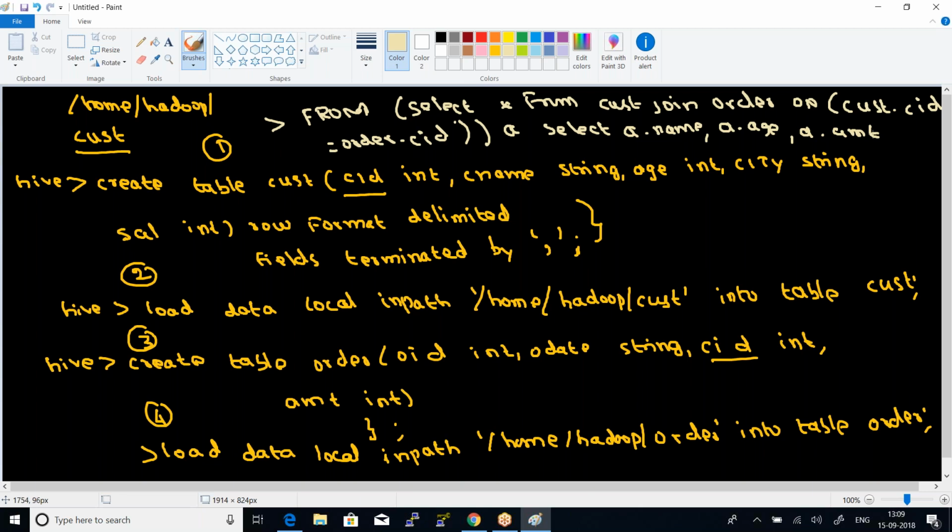Okay, the condition is where A.customer ID equals, let me make it as 1. What it will do? It will select from the customer and the order table based upon the condition. So here the customer ID is equal to the order table's customer ID, and that output will be stored temporarily in